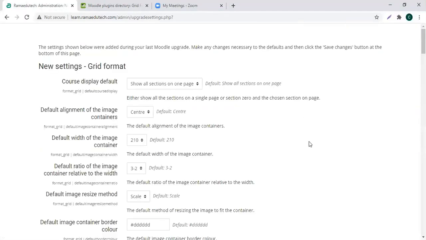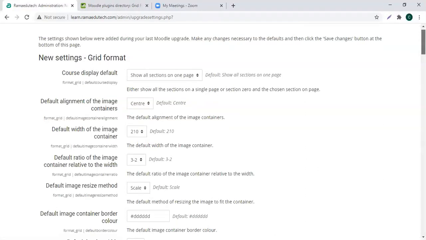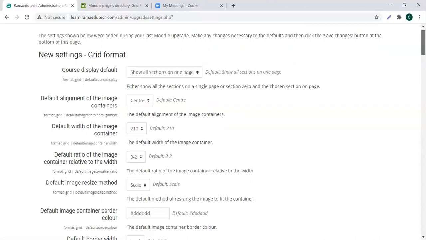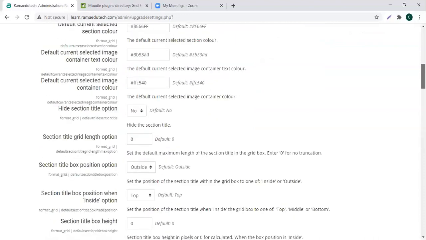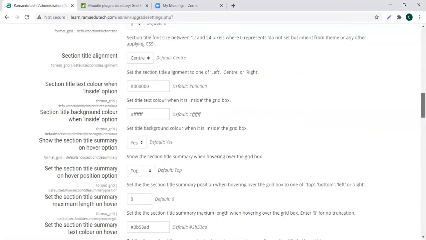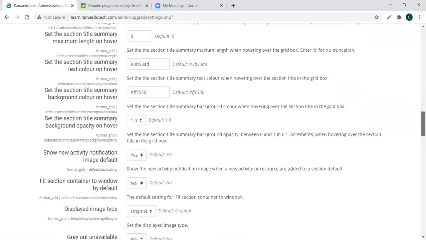So you can set up the grid format settings here. Every plugin will have its own settings, just like we had for the theme. Course display format, show all sections on one page. That's fine. I prefer to leave most things at default.